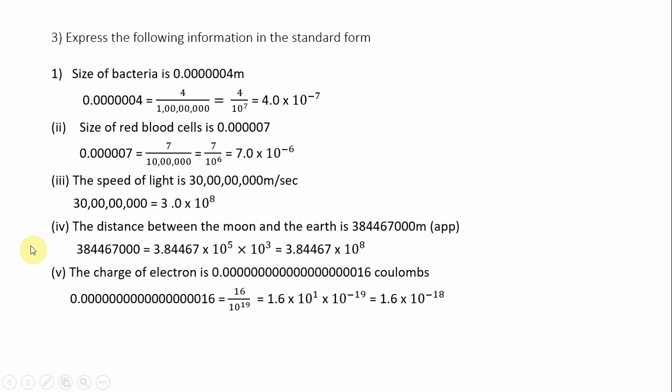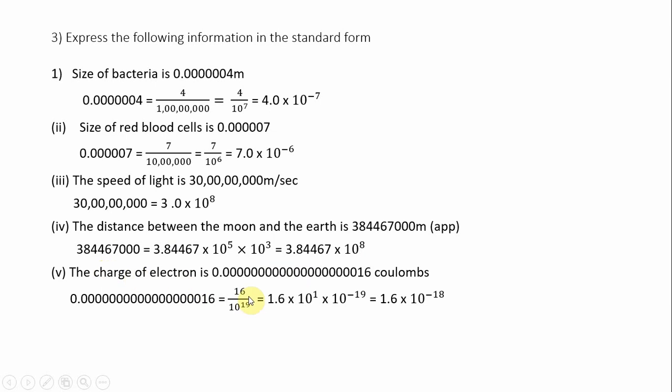Understand, children? Or else, directly you can put the decimal after one digit and count all the digits. It is 1, 2, 3, 4, 5, 6, 7, 8. So you can write it directly also. I just explained it separately, but if you want, you can directly write it. Have a single digit behind the decimal, and the remaining numbers you can count, as there are 8 numbers. You can write it as 10 power 8.